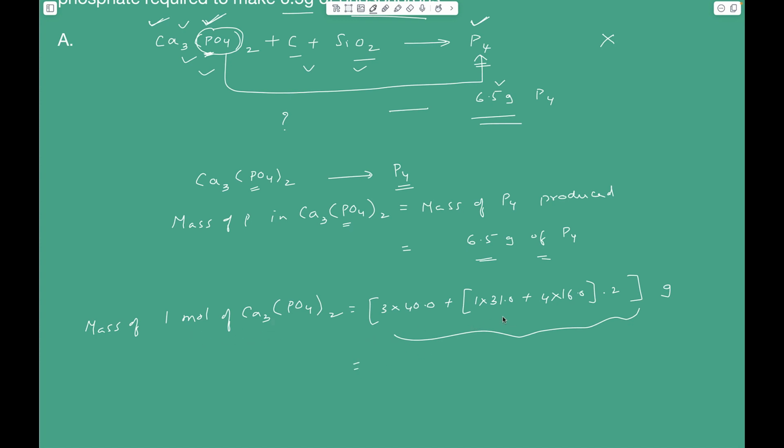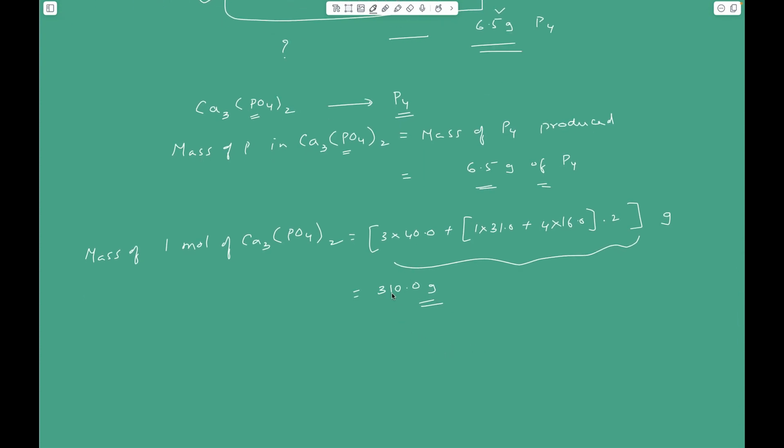I think upon simplification this comes to be around 310 grams. Now in 310 grams of calcium phosphate, how much phosphorus is there? 2 times 31, right? So 2 times 31 grams. So if you want 2 times 31 grams of phosphorus, you have to take 310 grams of calcium phosphate,